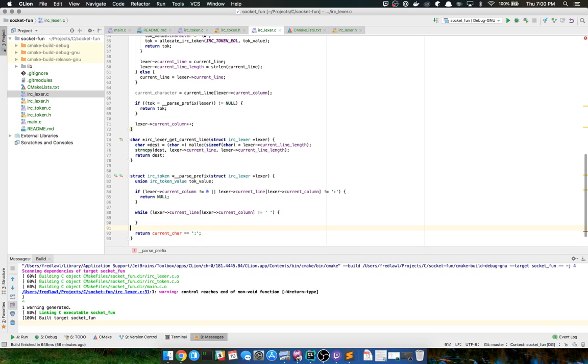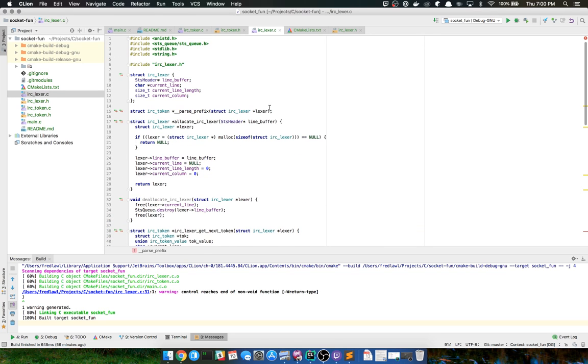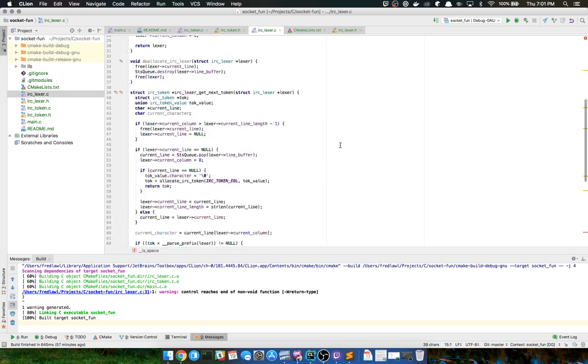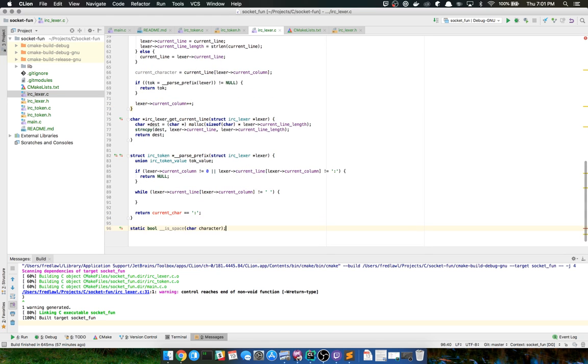then I want to keep consistent here. So bool is space char character. Whoops! Static. Now I could inline that, but I don't really care to right now.